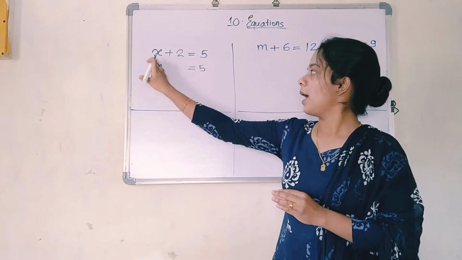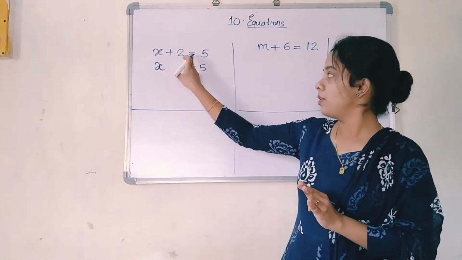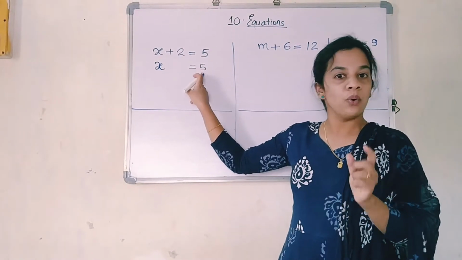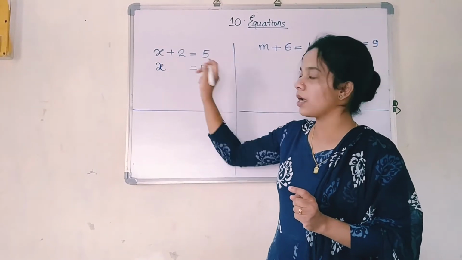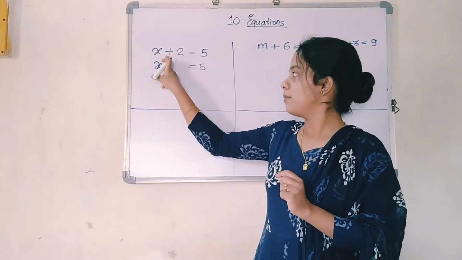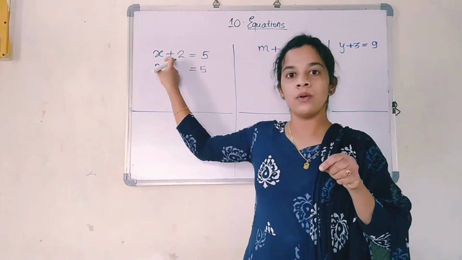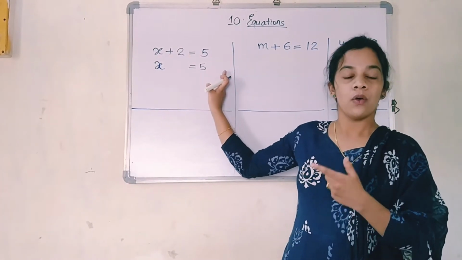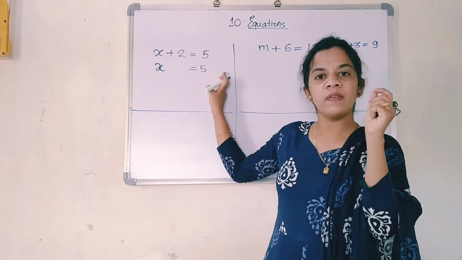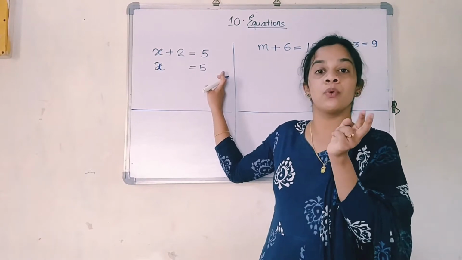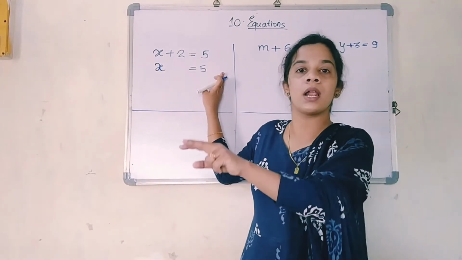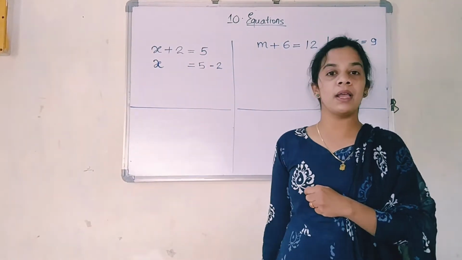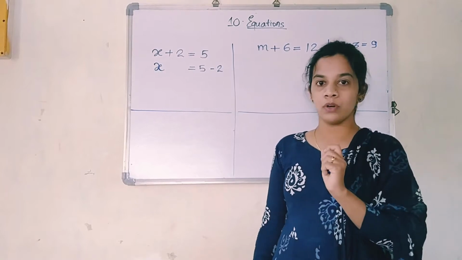What I did, I kept x as it is. I wrote this equal sign as it is. I wrote this 5 as it is. Who is disturbing us? This 2 is disturbing. Now 2 has the sign plus. When 2 goes to the other side, where can 2 go? The one side which is remaining, this side. When 2 is shifted, along with the sign it is going to shift, but the sign is going to change. Why? Because it is going the other way. So this plus 2 will come here and become minus 2.